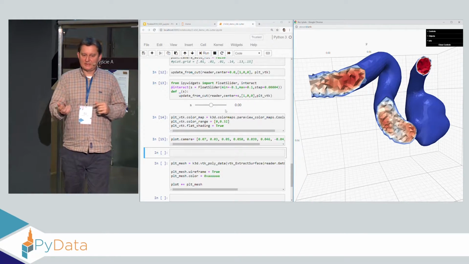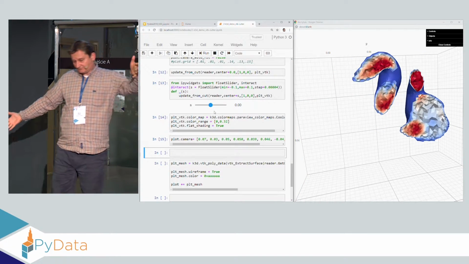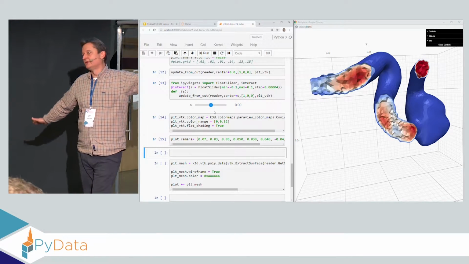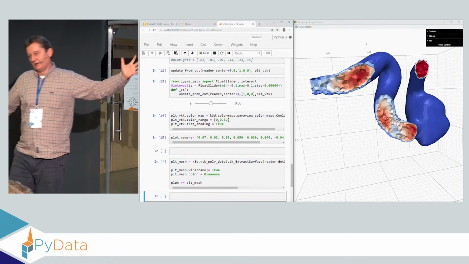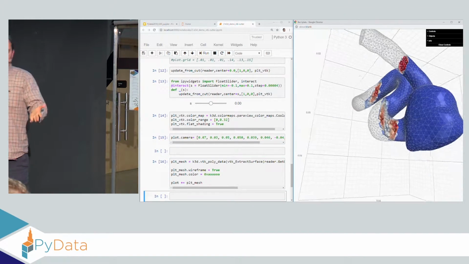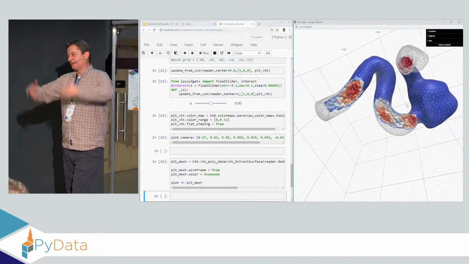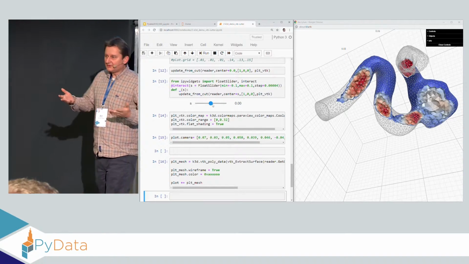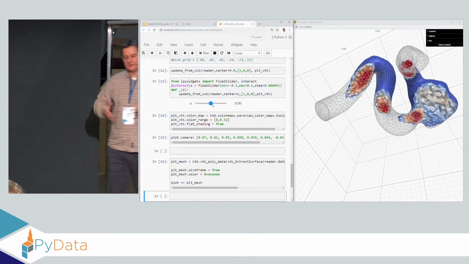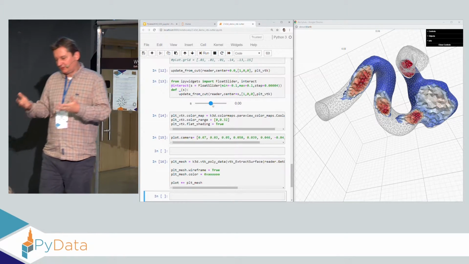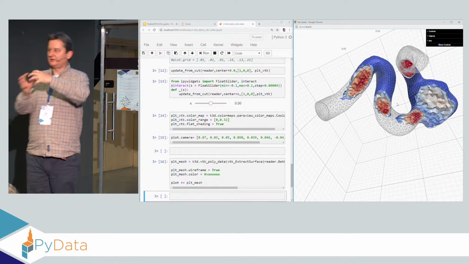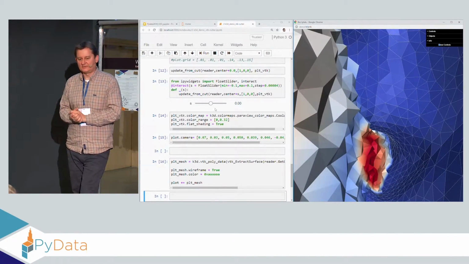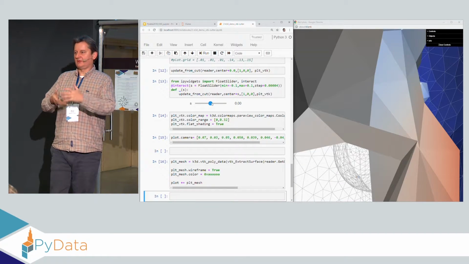So what we do is we take this, in this case we have a geometry. The blue area is, more or less, the boundary of the geometry. We put a fluid inside and we solve for the fluid flow using some finite element solver. And these colors are velocity. So zero is blue, that's why it's the boundary. And we use a solver which works on unstructured meshes. So there are tetrahedra oriented in some random way, and this is the data. So the data is an unstructured mesh.